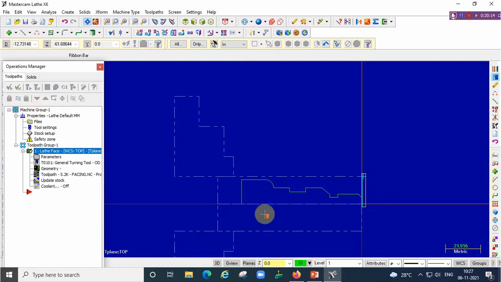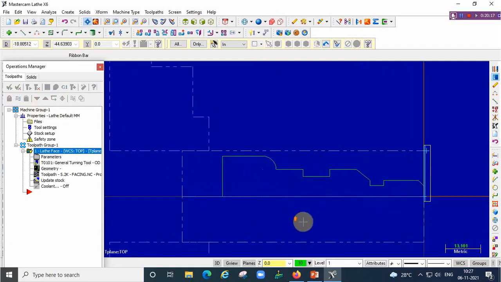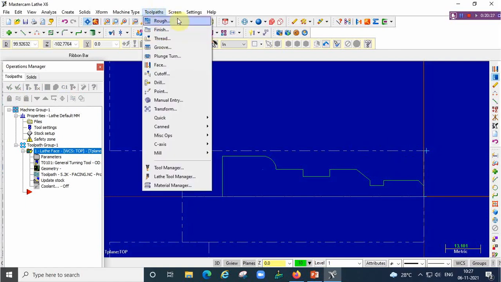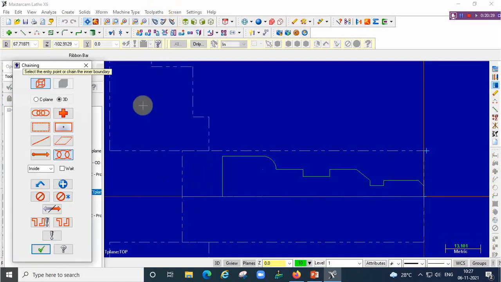Before starting the rough turning cycle, we have to remove these lines. How to remove this? Go with the toggle display, the lines will be removed. Now we can select the next operation, rough turning cycle. Here this line is not connected, it is a partial one. So that we go with the partial chain and